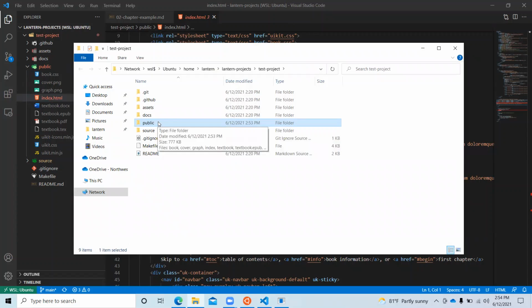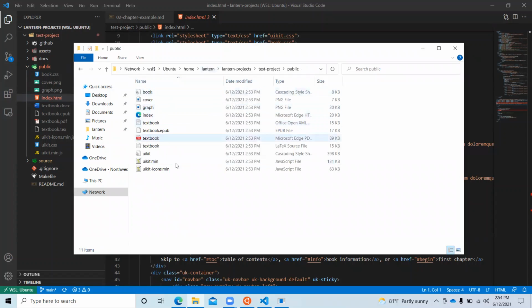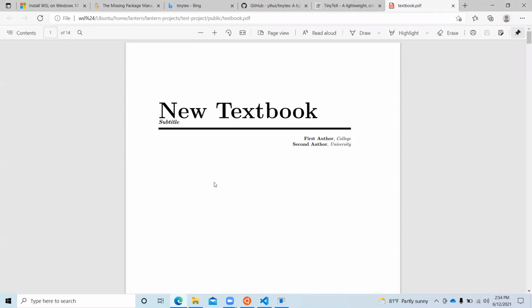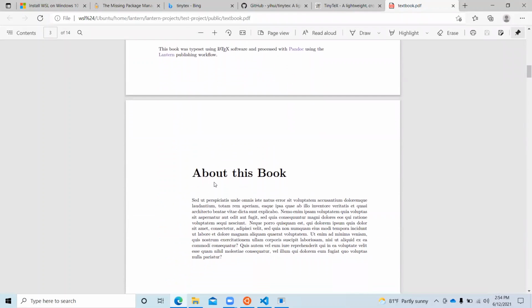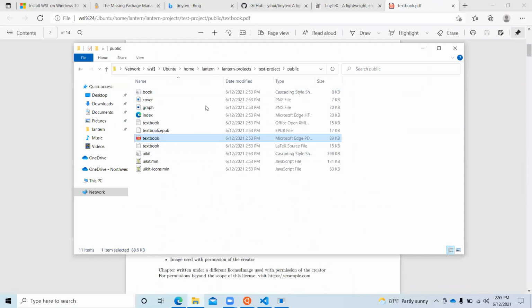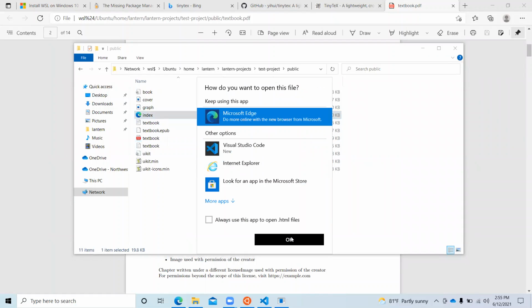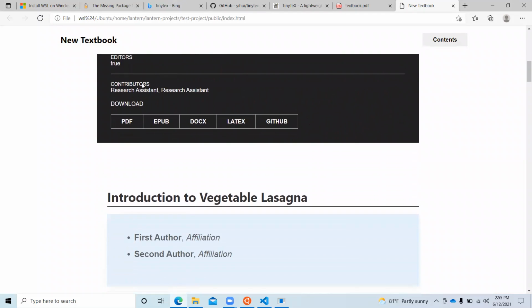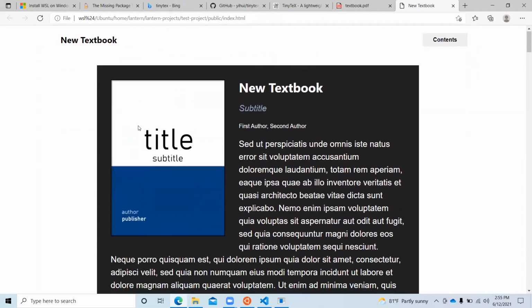So here's the same view of the public folder again from our Windows Explorer. And if we wanted to open up what it looked like as a PDF, this is the PDF that it generated. And then from here, if we clicked on the index.html file, it will create our textbook, and then each of these are linked and ready to download based on what you put in